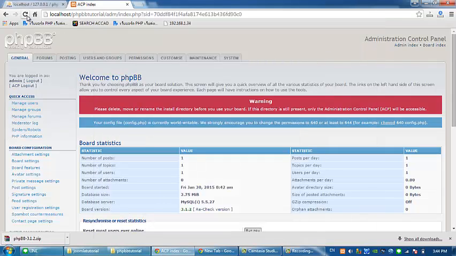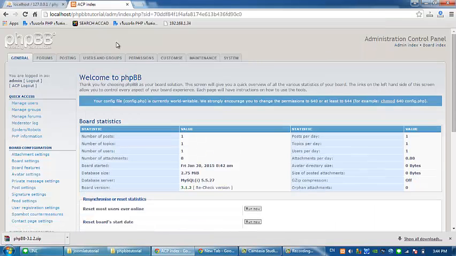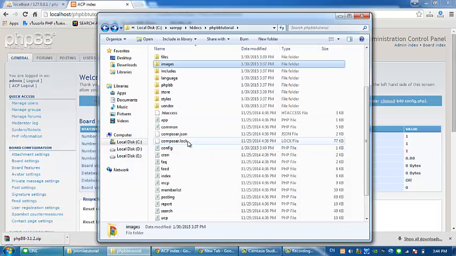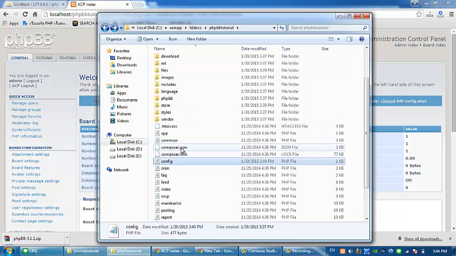After that, we will refresh and there's another one. Your config file is currently world writable. So what we're gonna do now is change the permission of the config file.